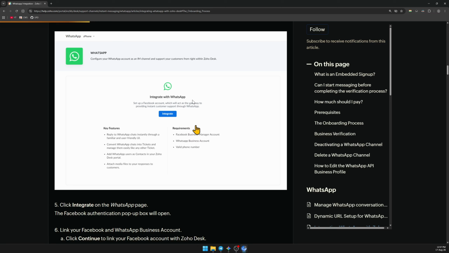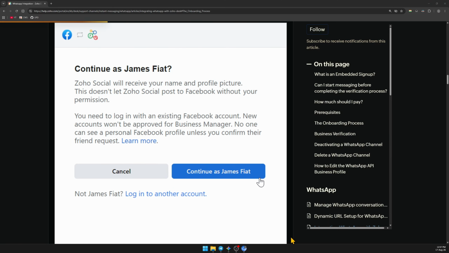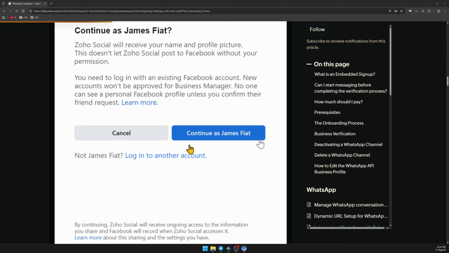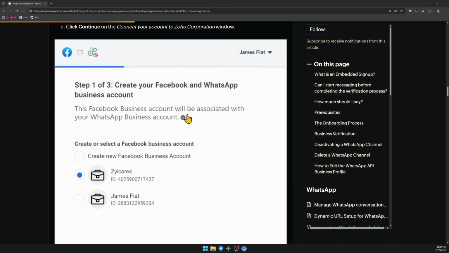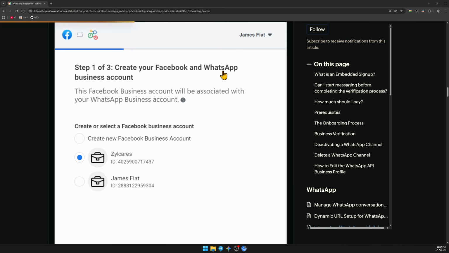So choose your provider option. You can connect directly using Meta WhatsApp Business or via Twilio. Don't forget to press integrate. Then press continue once you're logged in with your account. Okay, and you can just follow the on-screen authorization prompts to log into your Meta account,